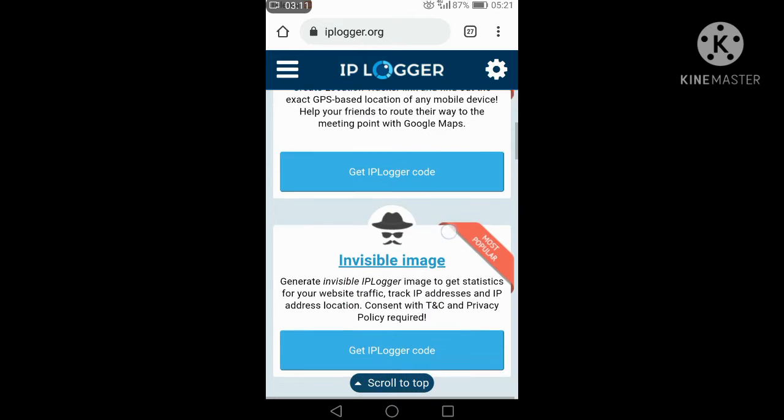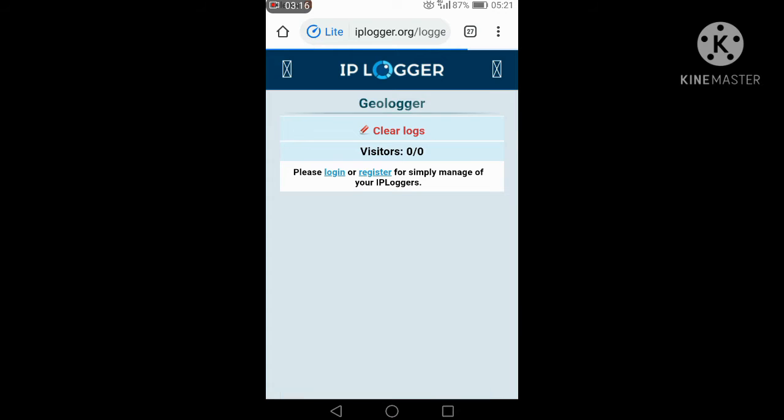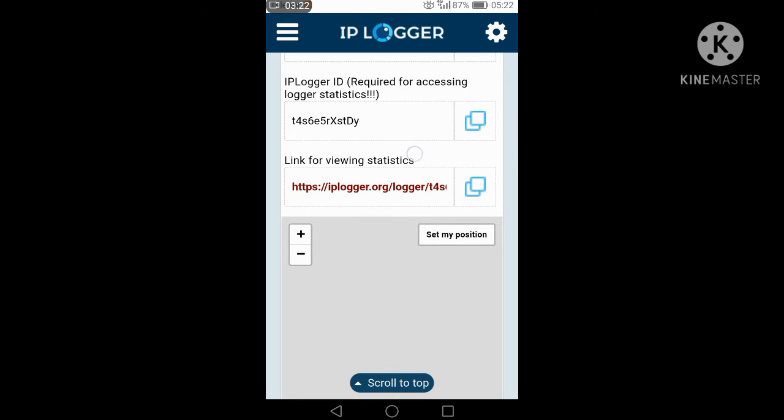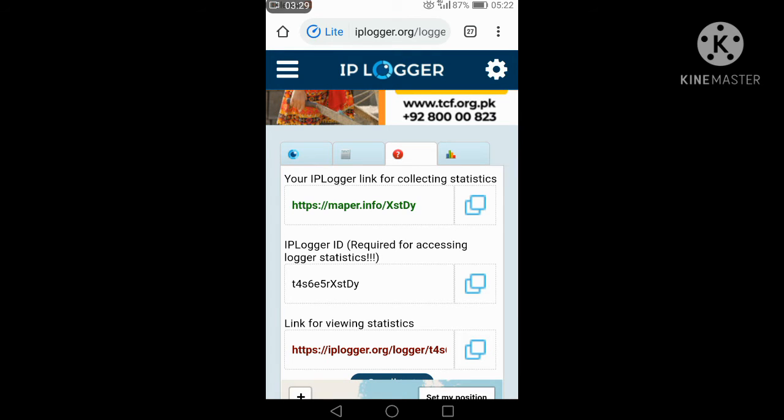After that, you will see many options: link management, location tracking, invisible track. Click on location track. After that, the IP Logger website gives you 3 links. Copy the first link, the IP Logger link for collecting statistics.